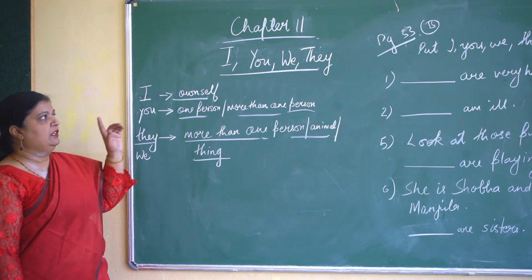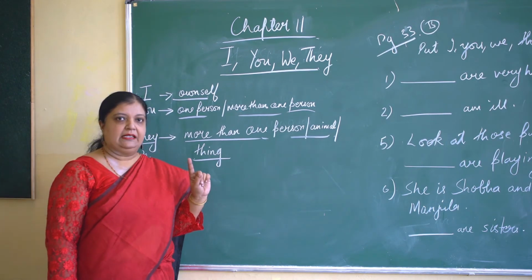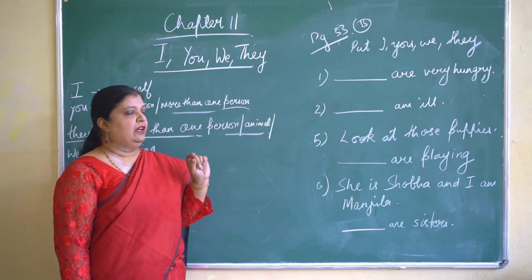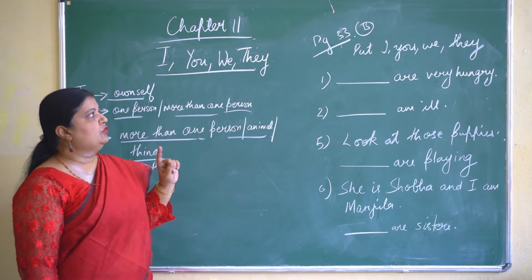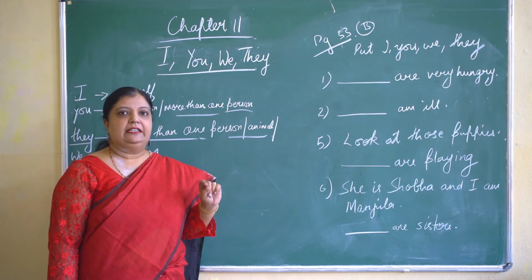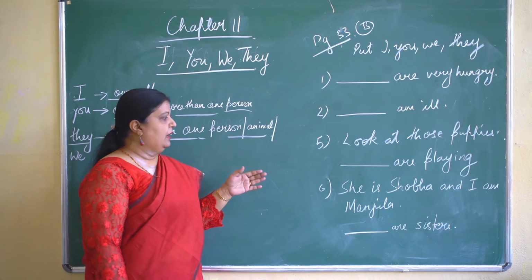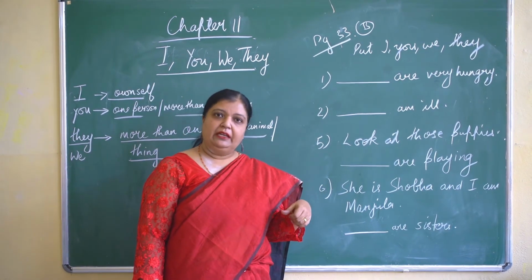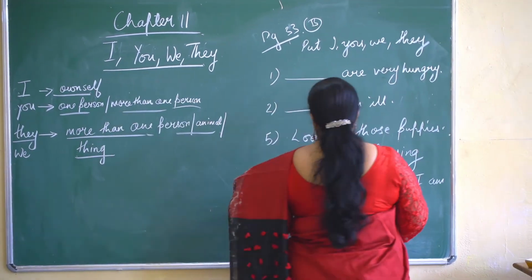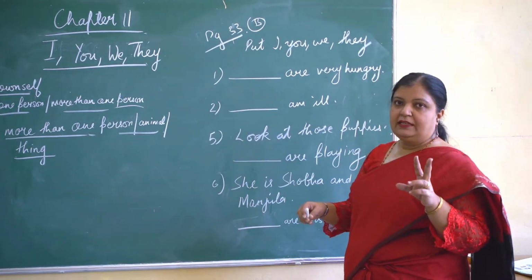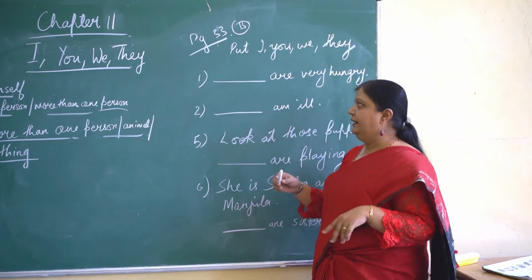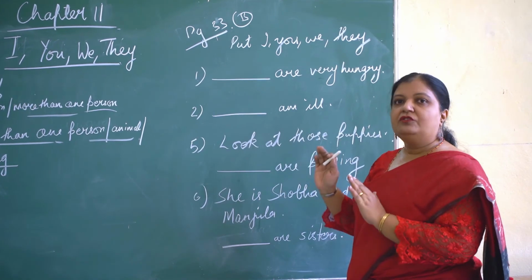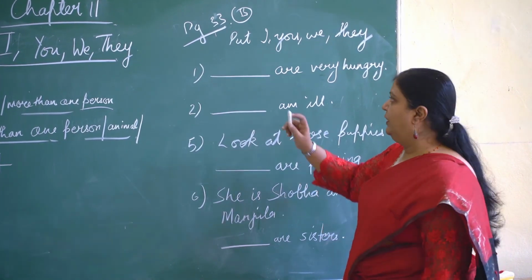Now in concern to this, page 33 B exercise is there. Fill-ups are there along with the pictures. You have to identify and you have to use I, you, we and they in the fill-ups. Few of them I am doing with you, rest you can do by yourself because the concept will be clear. Now, the first sentence, two boys are there. One is not eating, the other one is eating. So, the boy who is not eating, what is he saying to the other boy?